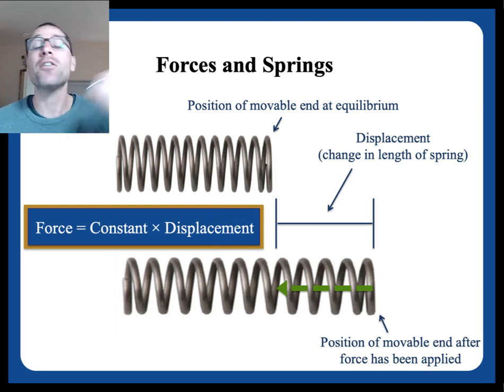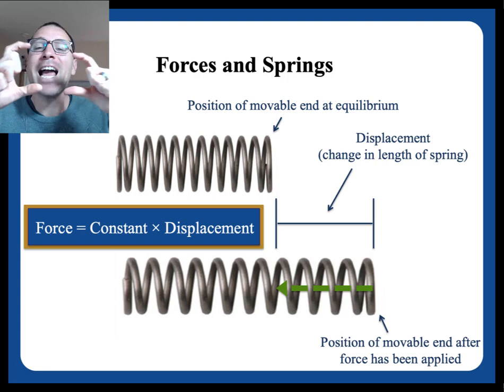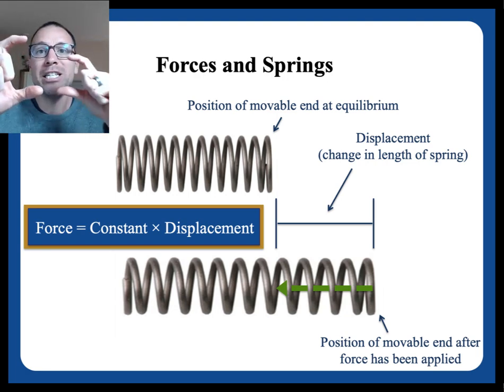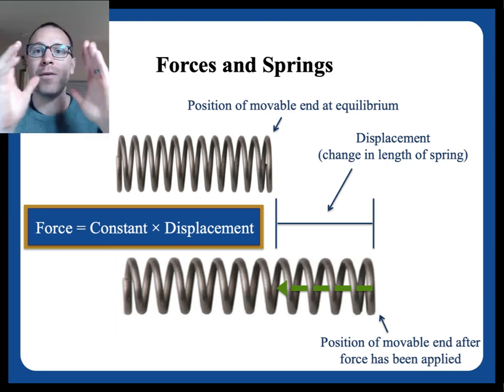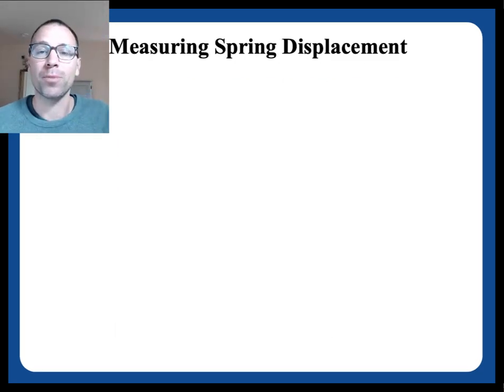We see in a different set of labs that the force stored in the spring is a constant times the displacement. That's Hooke's law. The constant is usually called K. Not so worried about that right now. The whole idea, though, is that when we mark the change in length, that talks about some potential to do work, some difference in force on equilibrium versus the end. Let's go ahead and look at what this looks like in terms of the actual experiment.